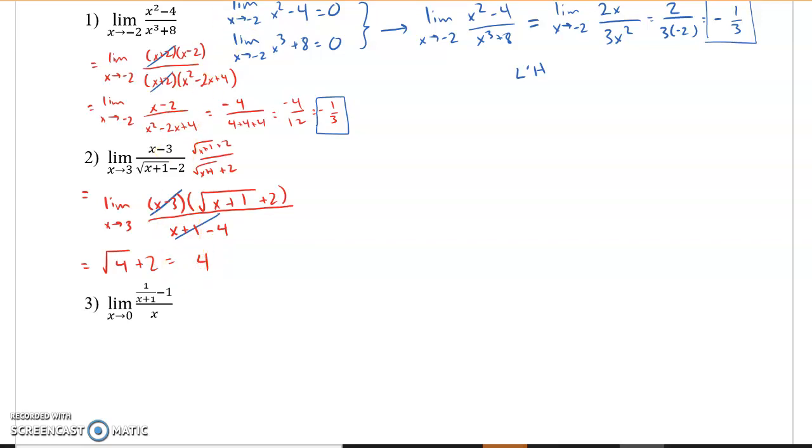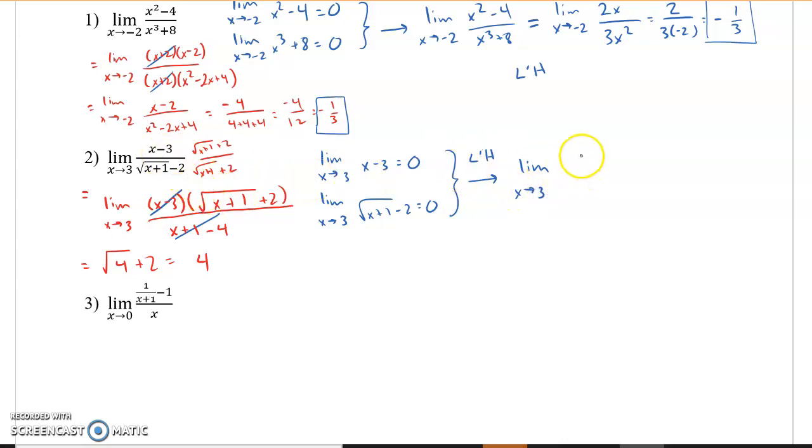And that's fine, that's all well and good, but if we want to try L'Hopital's rule, we're going to notice from the very beginning that the limit as x approaches 3 of the numerator equals 0, and the limit as x approaches 3 of the denominator also equals 0. Therefore, we can apply L'Hopital's rule. I'm not going to rewrite the original. I'm just going to say because of L'Hopital's rule, we have a limit as x approaches 3 of the derivative